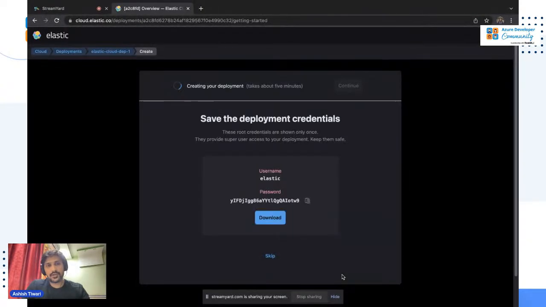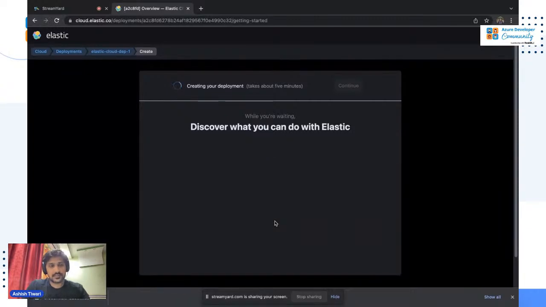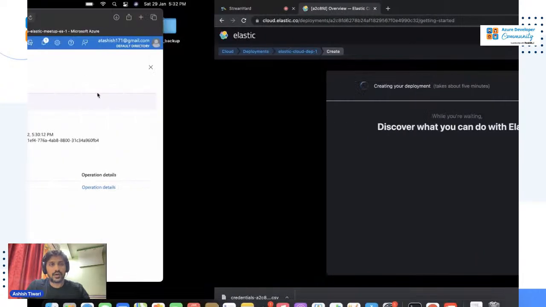So this deployment is also going to be created on the Azure side. It displays a username and a password. I'm going to download this. This is a credential which we have created on cloud.elastic.co. But